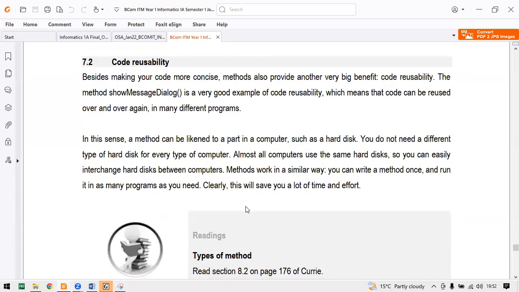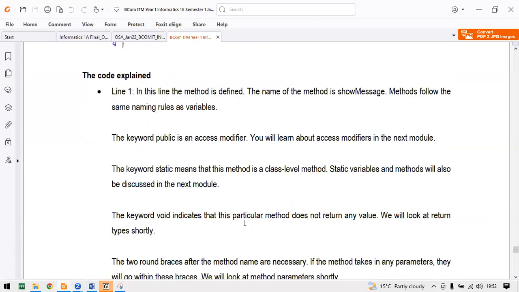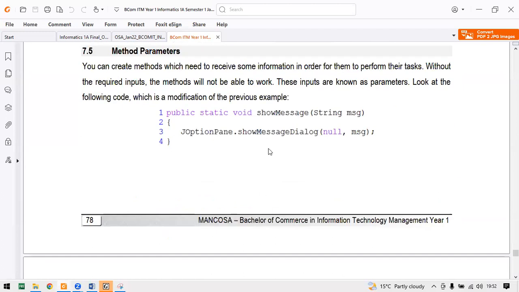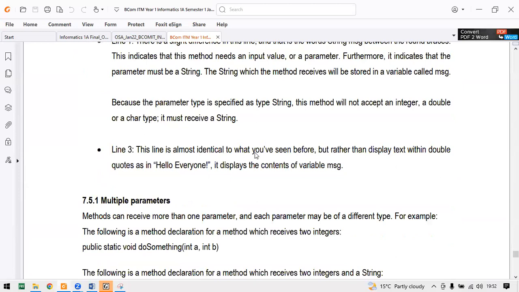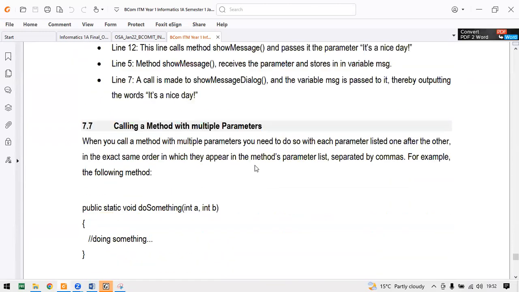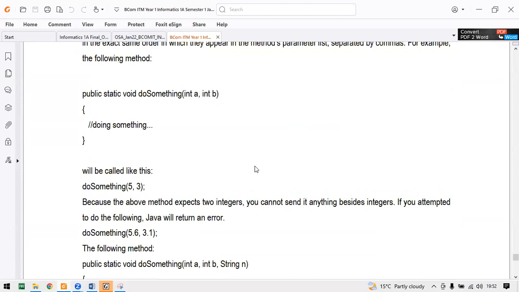Let me see if they've used it here in your, do you have an example? Okay, like this. So you can put your parameters in your method. This is a method. You need to know the syntax of a method: public static void, then the name of your method.